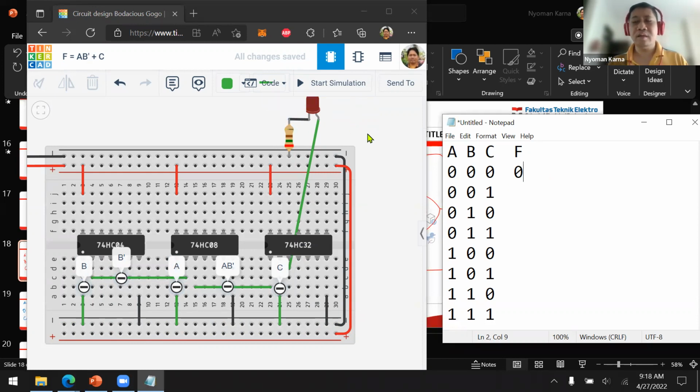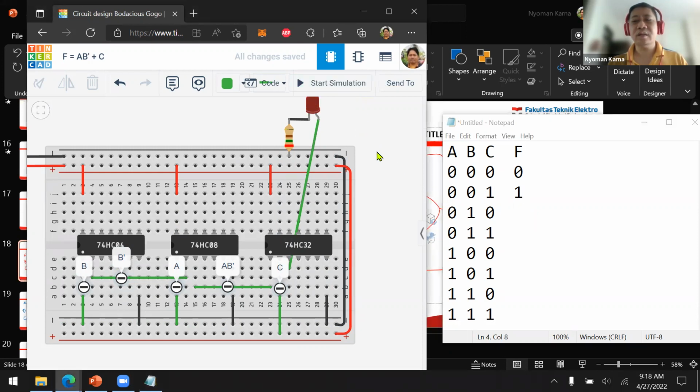Okay, now the second combination is 0, 0, 1. A is 0, B is 0, C is 1. So now I'm going to put C to plus 5. Start simulation, it's on. So F is 1.